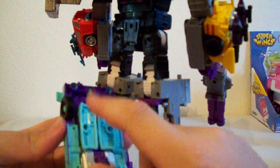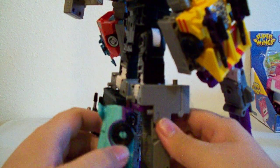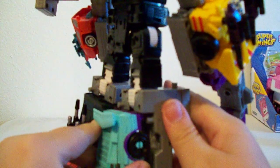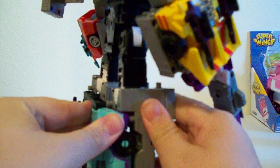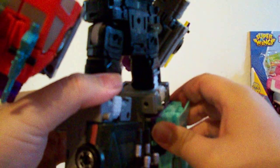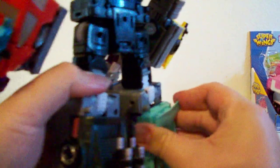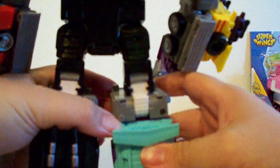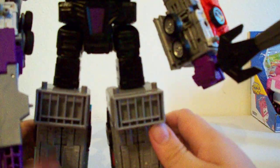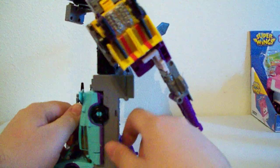And then, yeah, you just peg things on. Let's see. Yeah, these two pegs here. Just gonna squeeze that on there. Make sure that everything lines up. Come on. Make sure we push that all the way on. Get that front panel to close up like so. And yeah, there we have